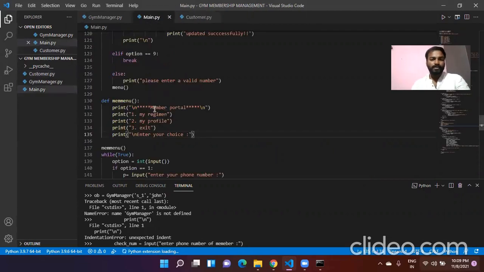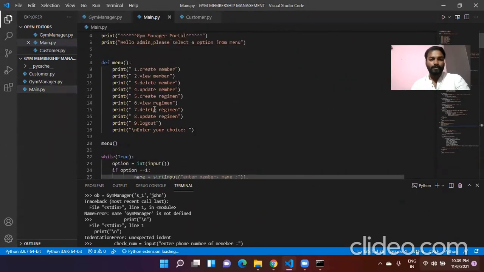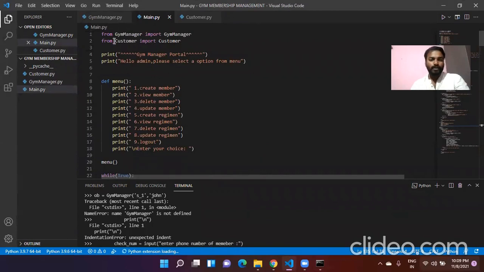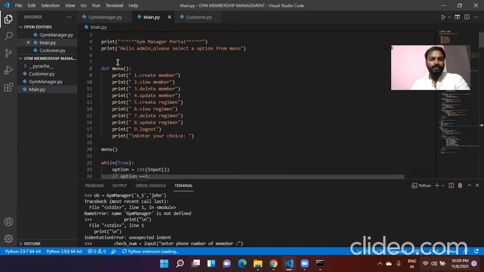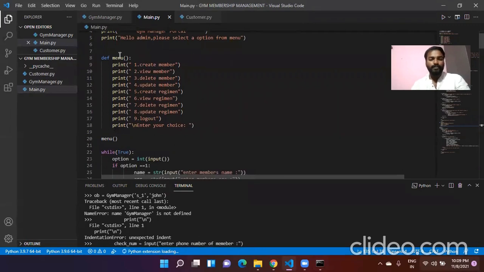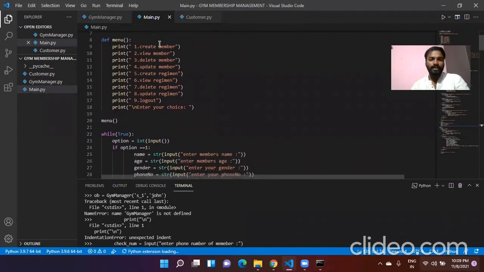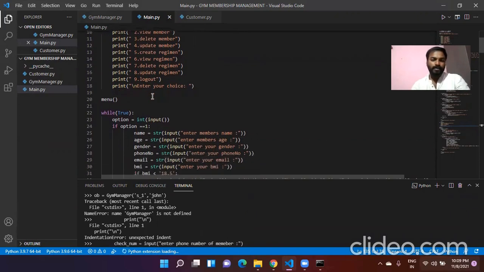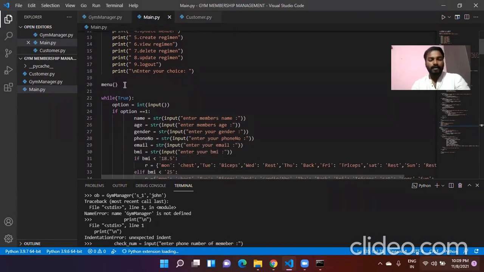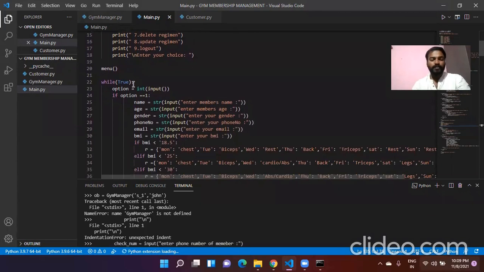So this is the main function, the main program that you have to see right now. I have taken the data from gym manager and the customer. I created a menu of the user portal, like create member as we showed before. These nine options can be taken by the user portal. Here I use the while loop to